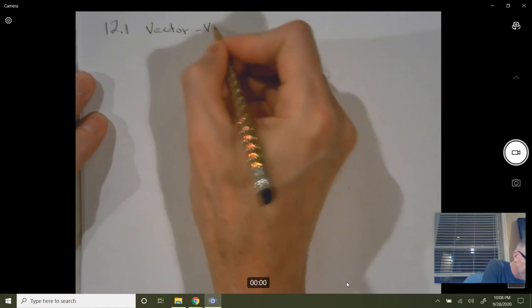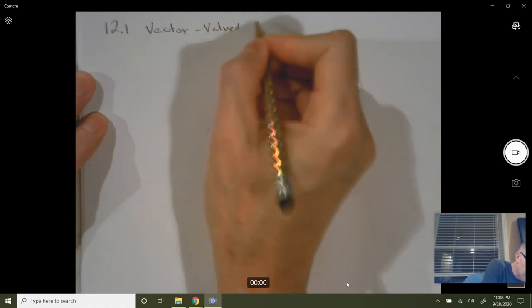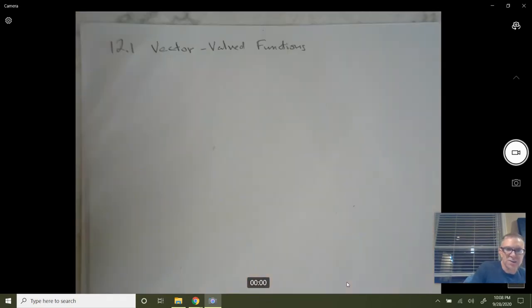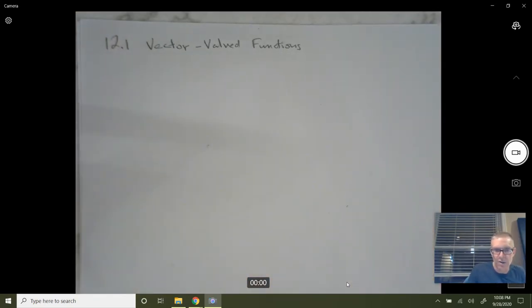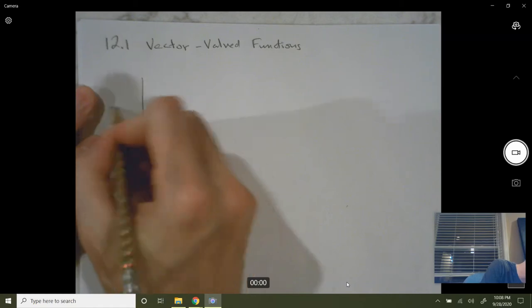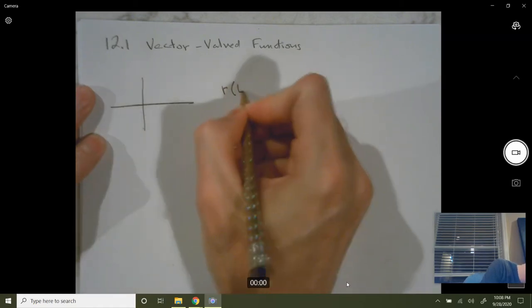Okay, so these are called vector valued functions. Just to give you an idea of what this is, basically it's a vector function. Your input is the parameter, oftentimes it's t, but it really could be anything. And the output is what you would plot, what that graph would look like in 2 dimensions or in 3 dimensions or more. Okay, so for instance, if I have a vector valued function r of t defined in 2